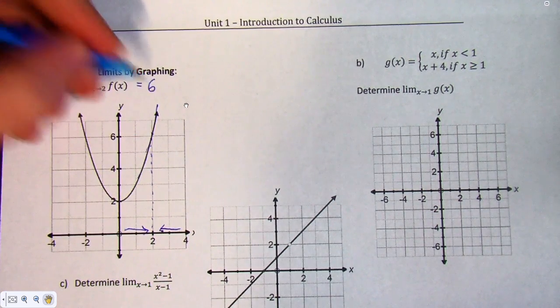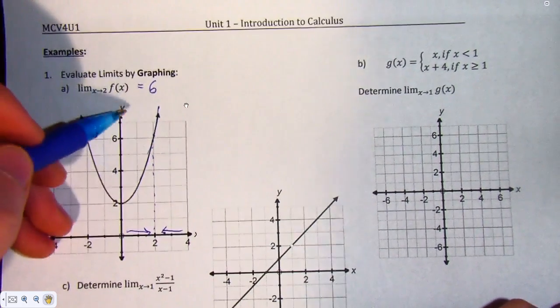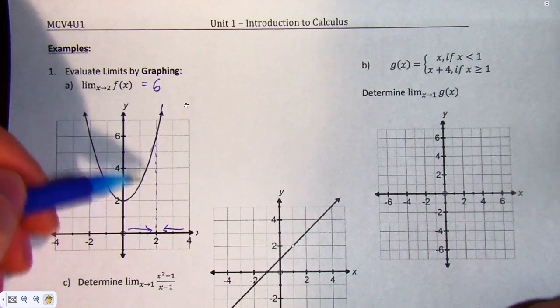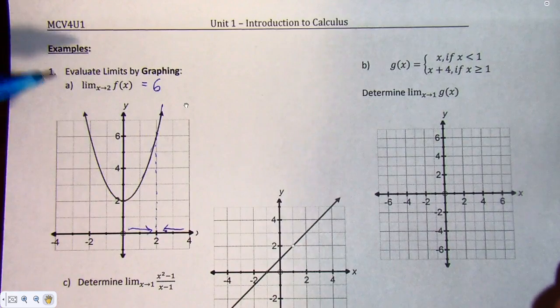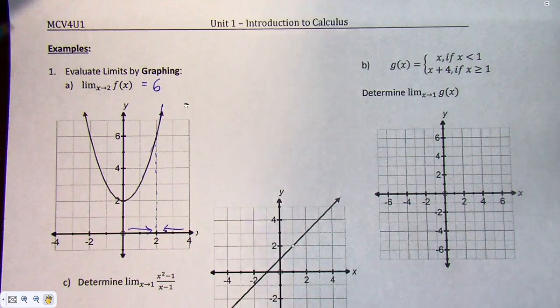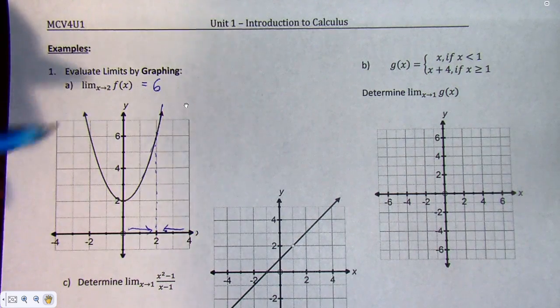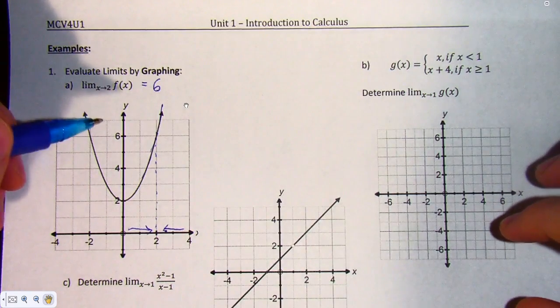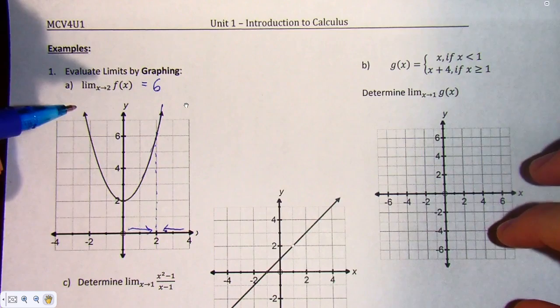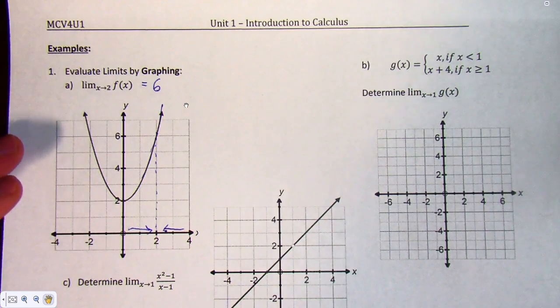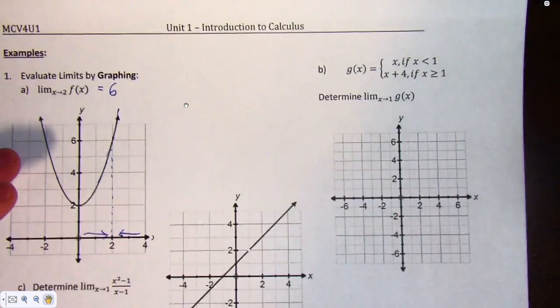Okay? And in this particular case, f of a or f of 2 would just equal 6, and that's okay. That's sort of an easy one when you can actually just look at it and it actually just falls on the function itself. Okay, so a more challenging one here